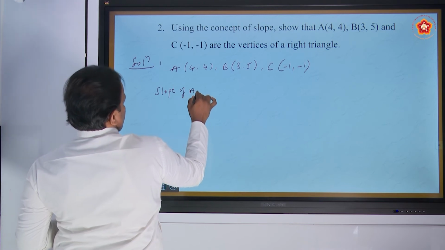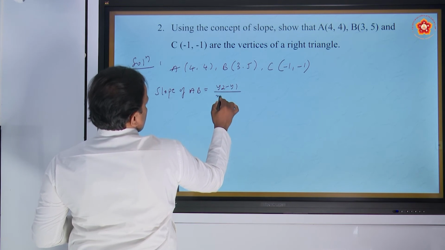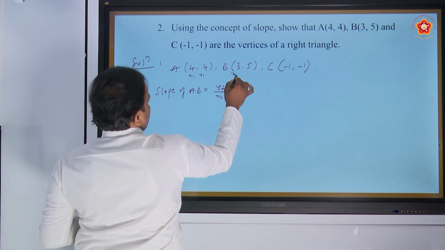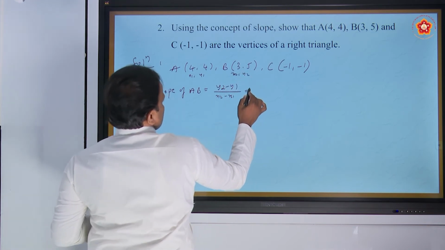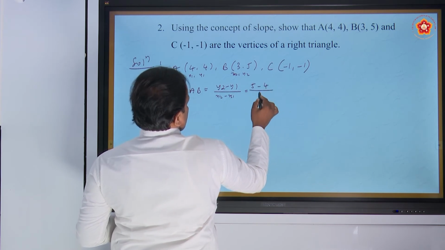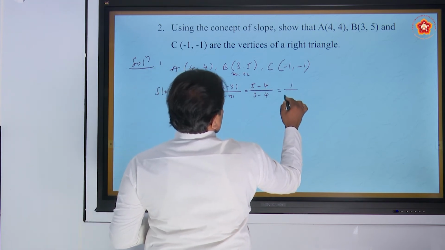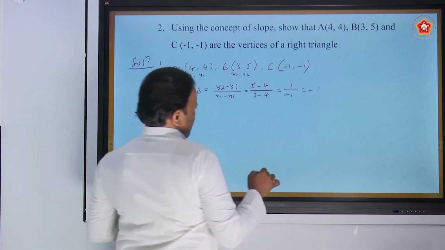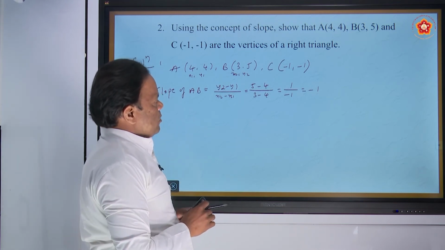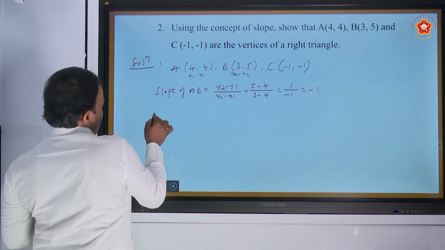Slope of AB. By using the 2-point form, we know that y2 minus y1 divided by x2 minus x1. Here x1, y1 for A and x2, y2 for B. y2 minus y1: 5 minus 4, divided by x2 minus x1: 3 minus 4. 5 minus 4 is 1, 3 minus 4 is minus 1, and 1 by minus 1 is nothing but minus 1. What is the slope of